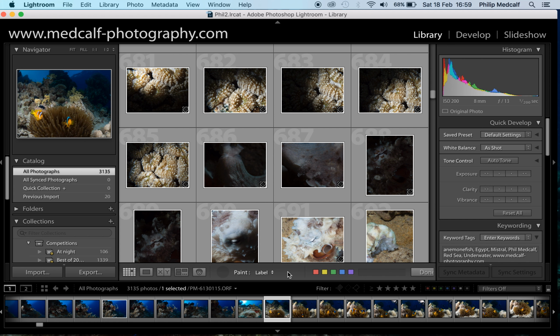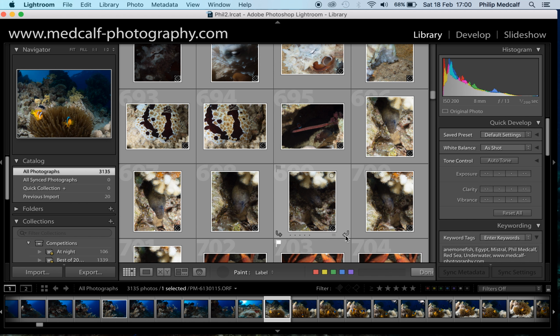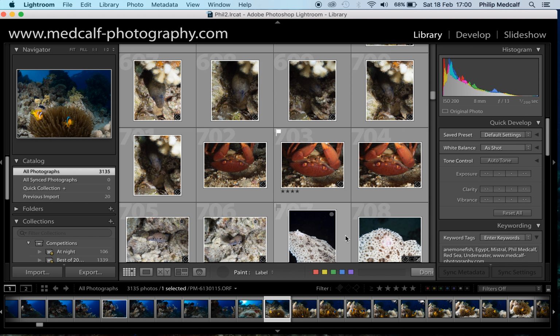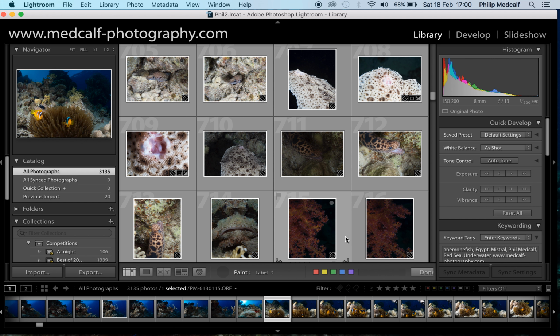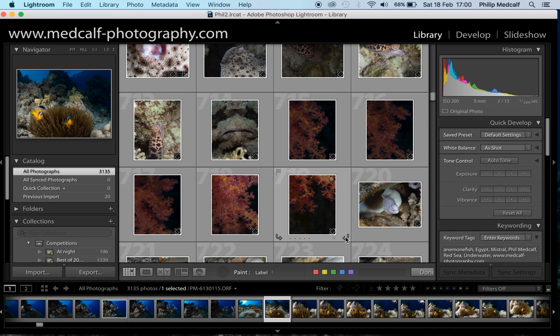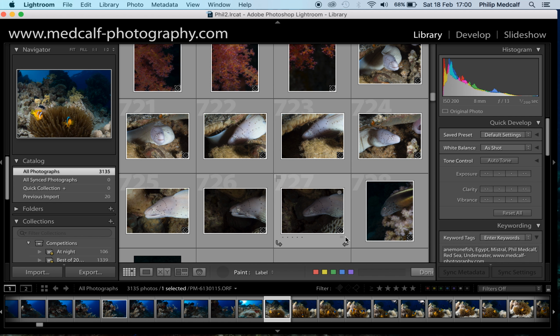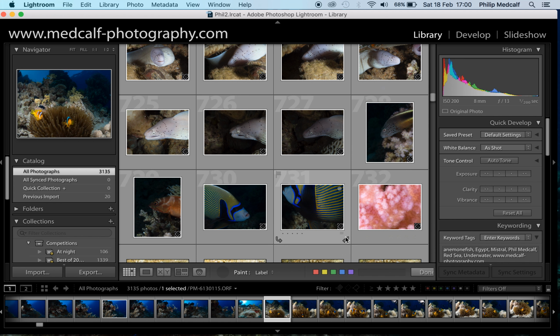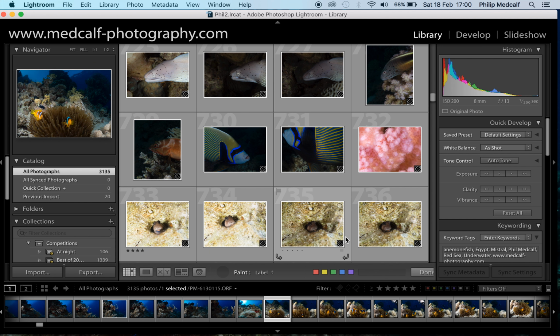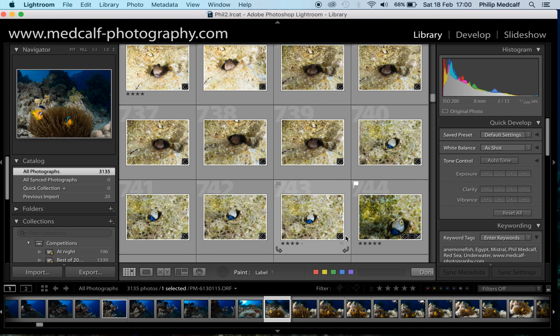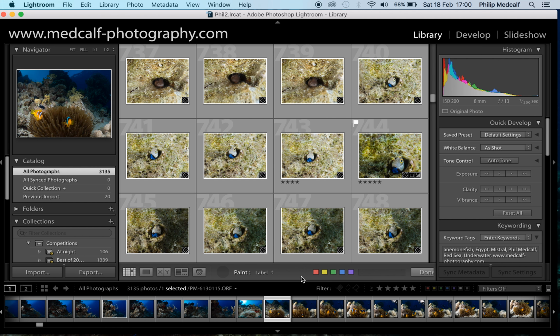Label, I don't know whether you're aware of labeling. Lightroom allows you to color label things. So you might want a simple system to label pictures for certain uses, say. So, say you want images for blogs, they might not be what you would use for competitions. So if you give your blog pictures a red and your competitions a purple,